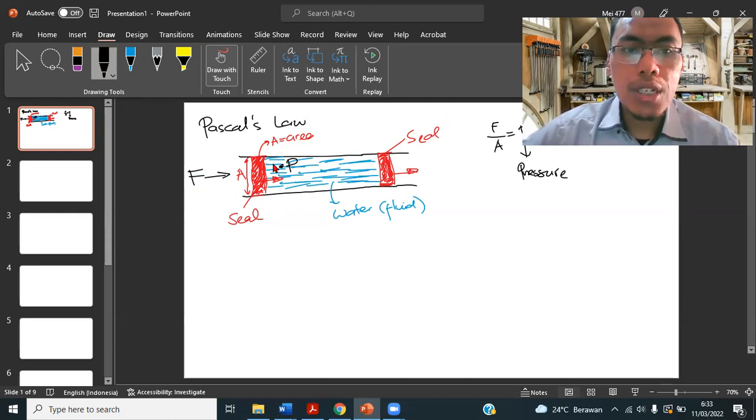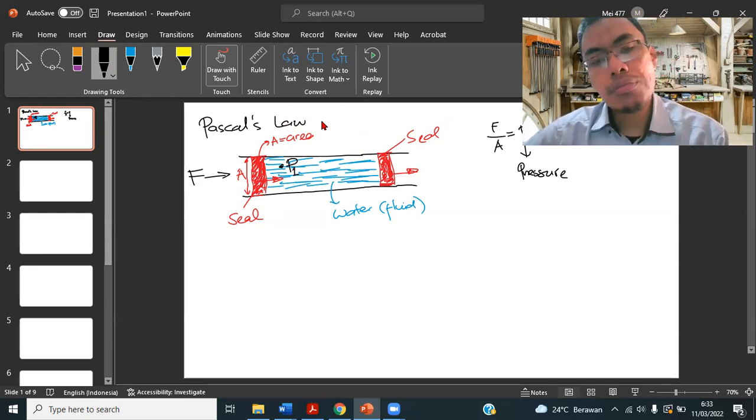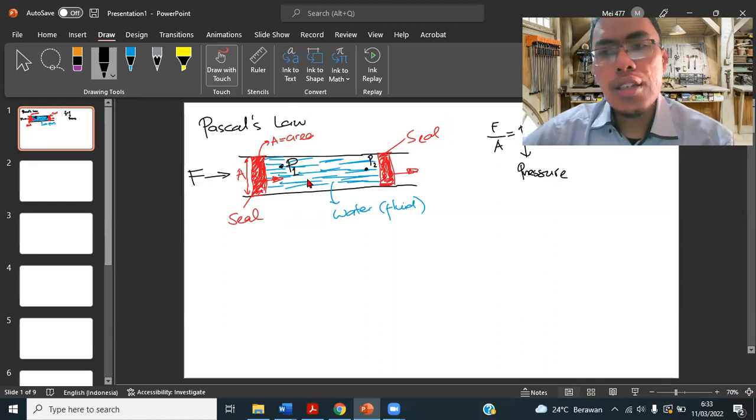So when we put F here and this is the area, at this point we get pressure, let's say this one is pressure 1. And in this Pascal's law, the pressure will always be the same for every part of this mechanism. So at this point, let's say this is pressure 2. And then let's say we take any random point of this fluid. Jadi saya ngambilnya bebas saja. Let's say this one is also a point, let's call it point 3, and then let's say this one is point